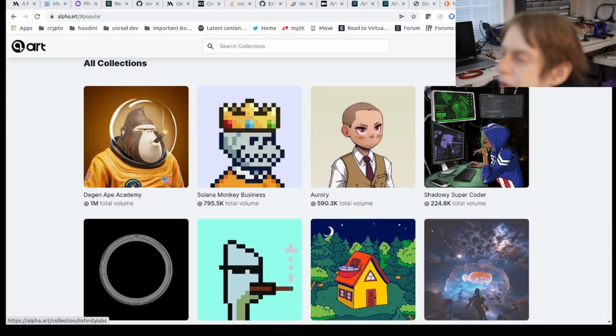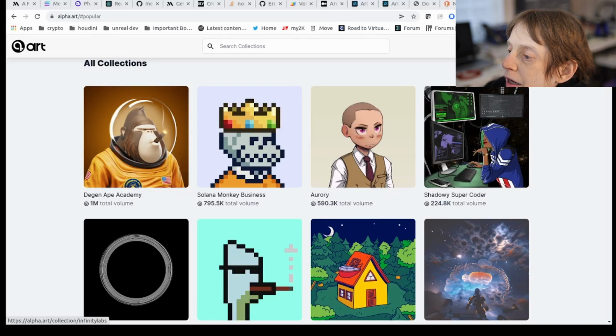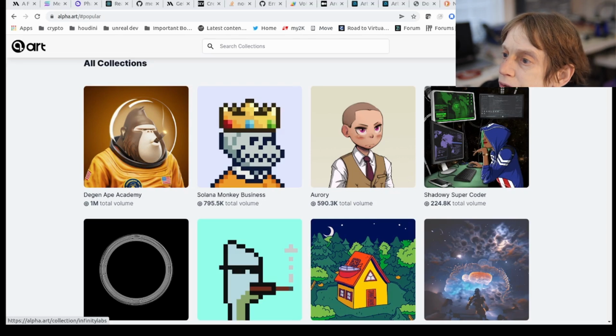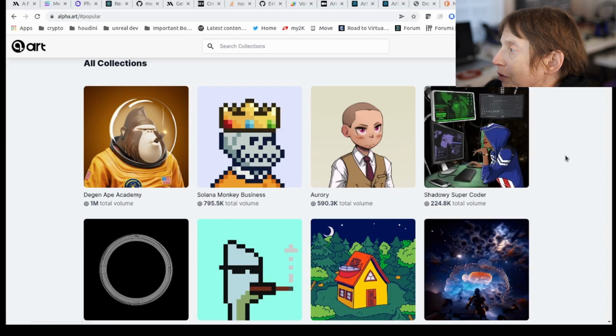Okay, so we're back today talking about the Metaplex again. And remember I discussed the fact that we're looking at this Metaplex-based site called Alpha Art. And one of the questions I had is, well, how do they do the search? Because the standard one that we're using,